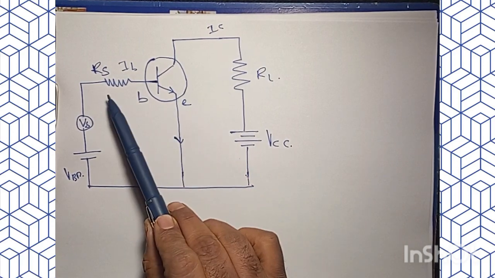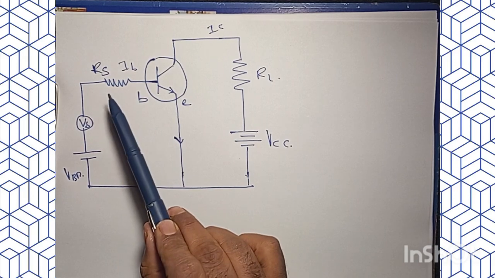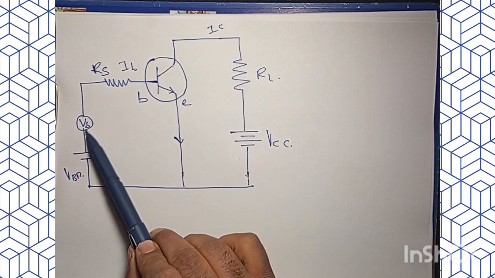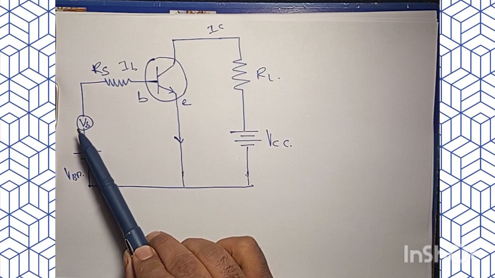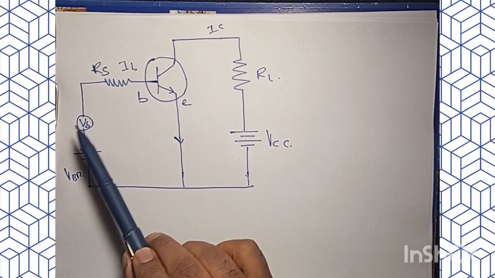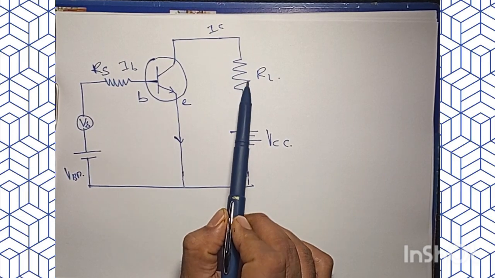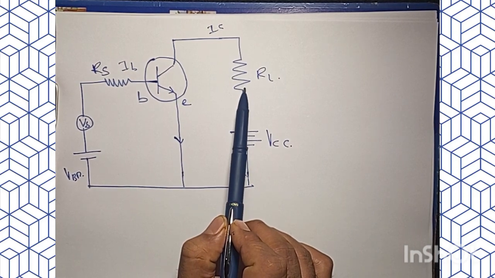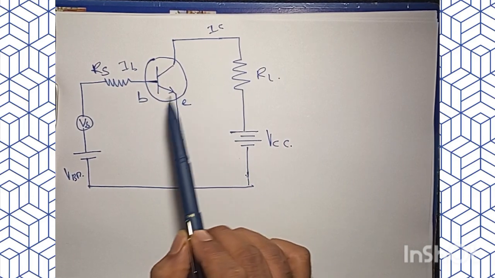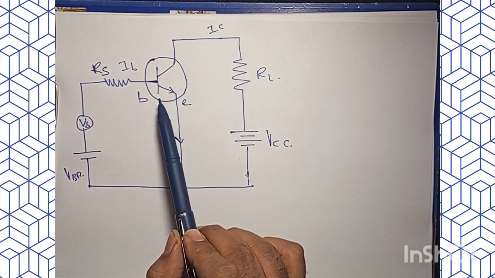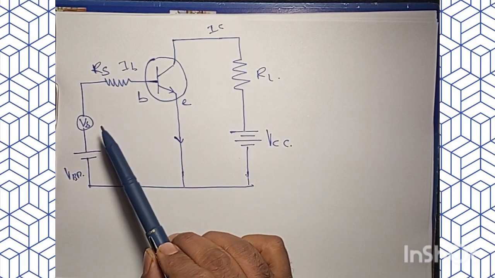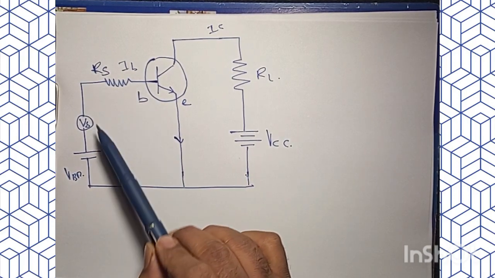Okay, and this RS is the resistance of the AC source that we are using here. This RS is the resistance of this AC source, and this RL is the resistance of the load, right? The emitter has to be forward biased, and we can see the biasing is absolutely fine for the input circuit to be